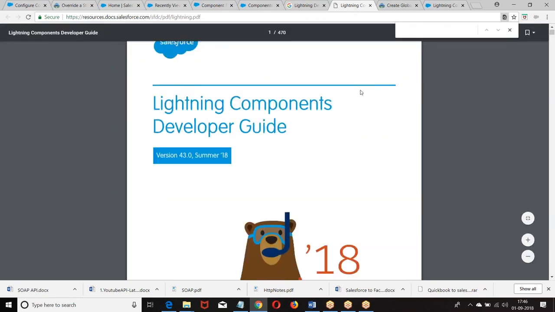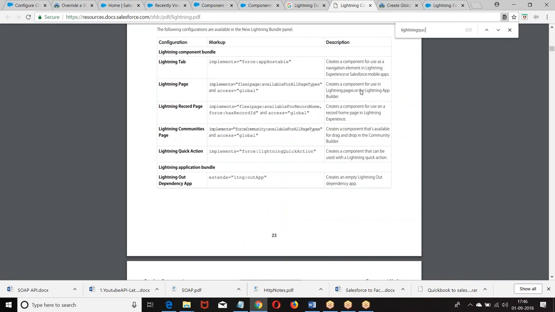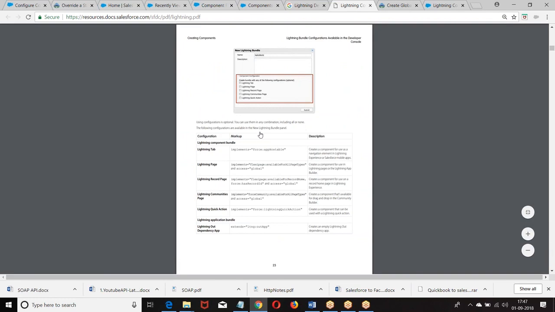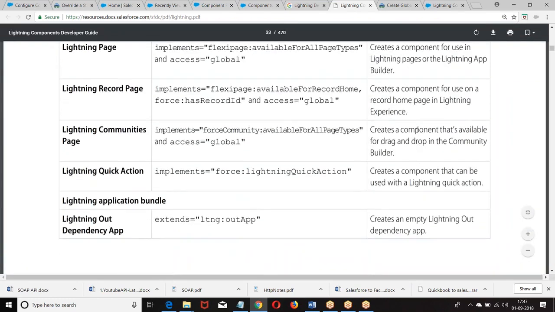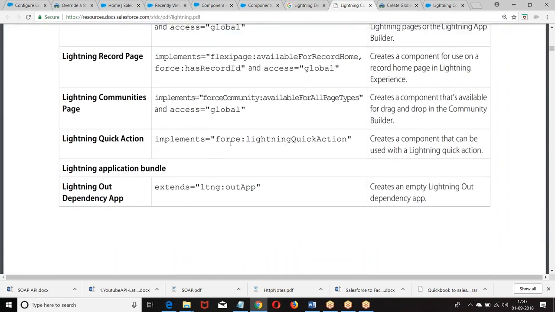So let me show you. Yes, here, look at the point. So what was the interface we had here? The component implements force:lightningQuickAction.